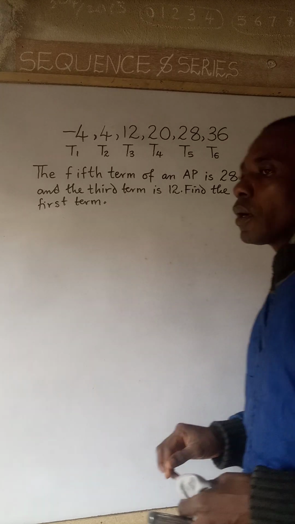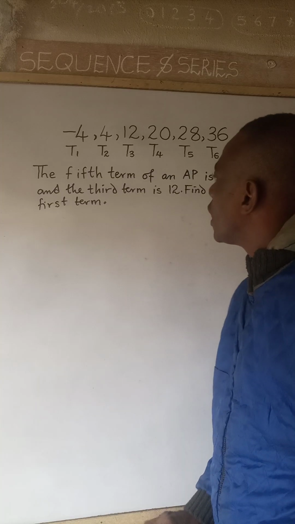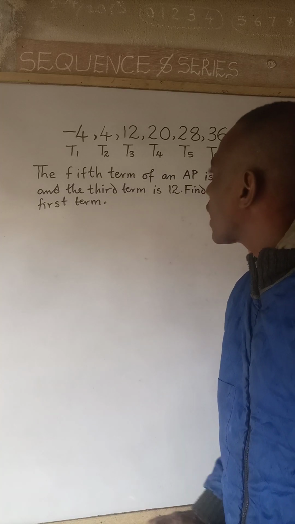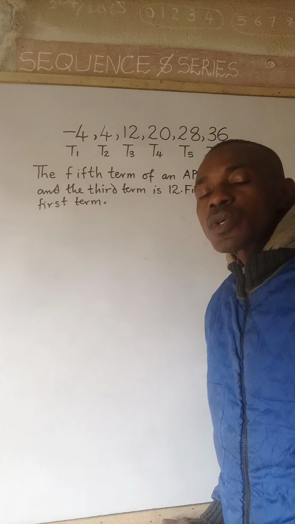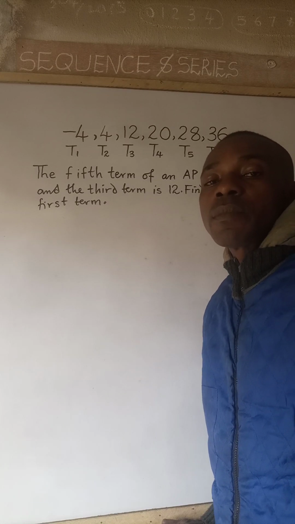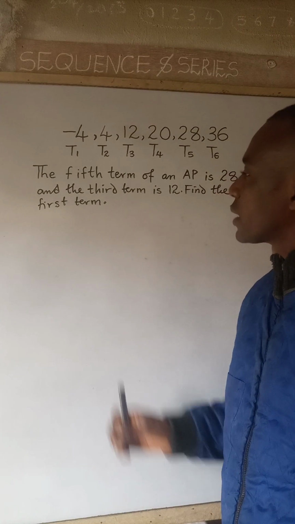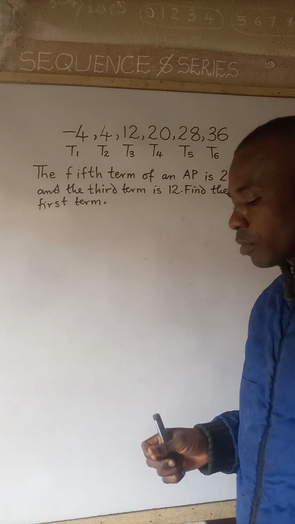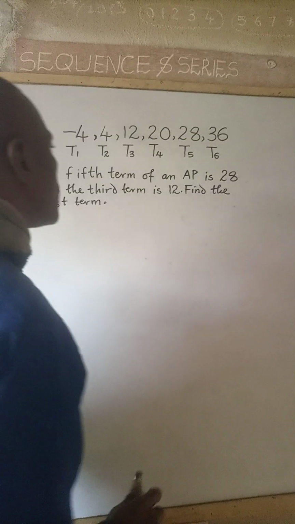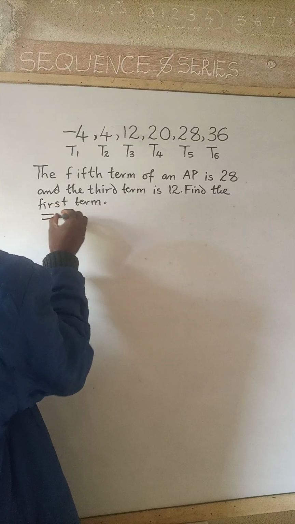We are still on arithmetic progression, but in today's class, we are going to solve questions under arithmetic progression leading to simultaneous equations, like the question that we have on the board. And the question says that if the fifth term of an AP is 28,